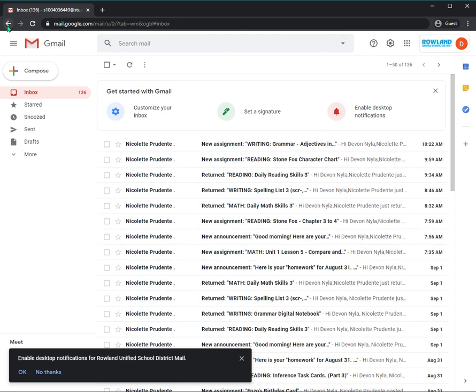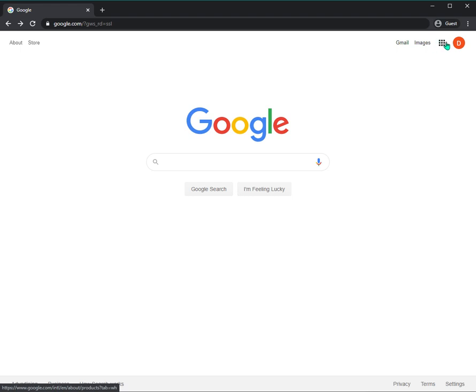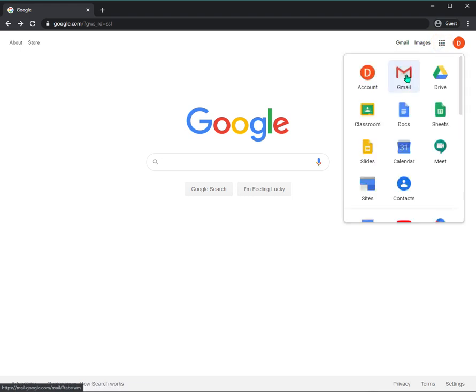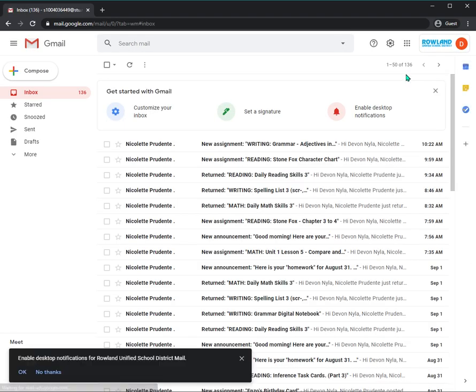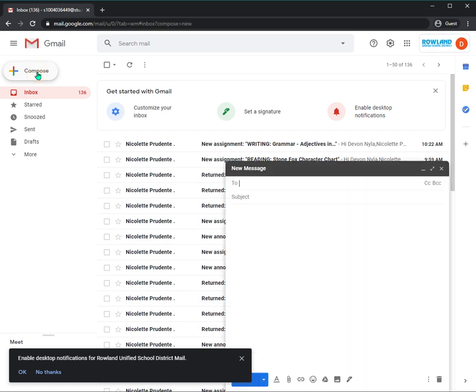Also, if you go back, you can use the waffle right here. If you click on the waffle, you can go right here where it says Gmail, and you click on that, and it also leads you through to access your email. So to email Miss Prudente, you want to click compose or email, and then you're going to put for two,